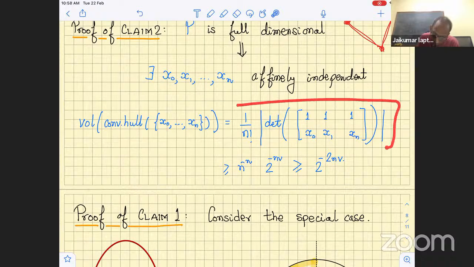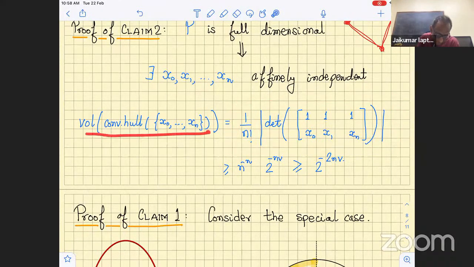So this equality holds, but let us just see this n factorial. So how small can this be? Well, n factorial is at most n to the power n. So this factor gives you a hit of n to the power minus n. Now, each of these numbers that arise here